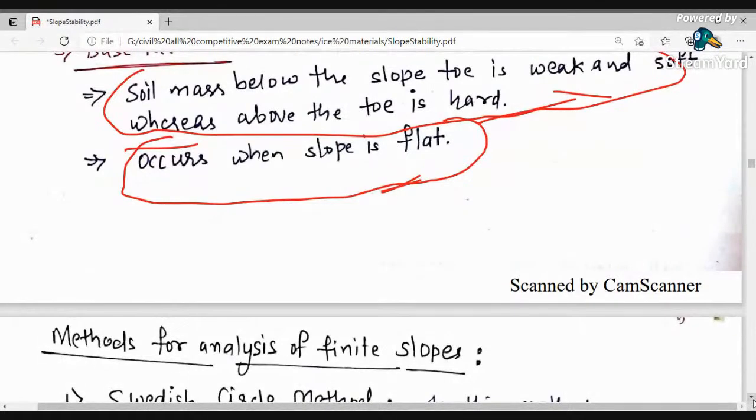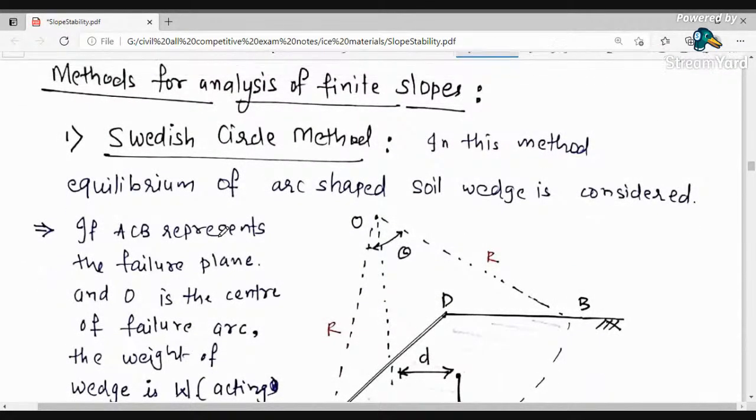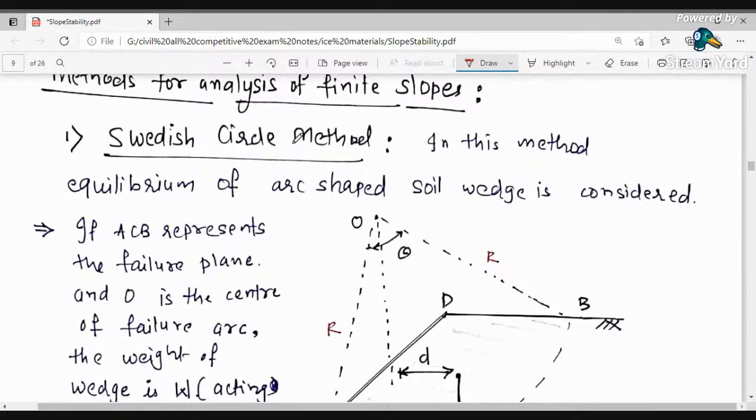Next, what are the methods for determining the stability of finite slopes? You have to remember the method names, because sometimes they ask for the method names. You don't need to go into details, but I'll give an overview of each method. Swedish circle method: in this method, equilibrium of the arc shaped soil mass is considered. If ACB represents the failure plane and O is the center,